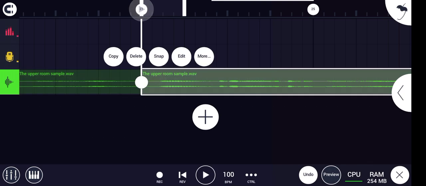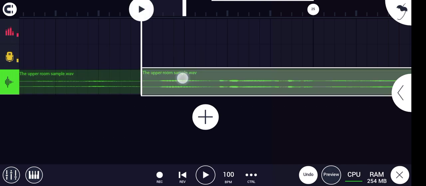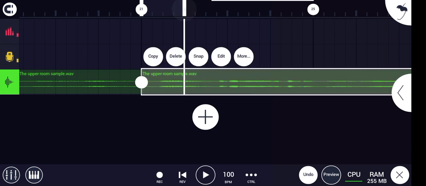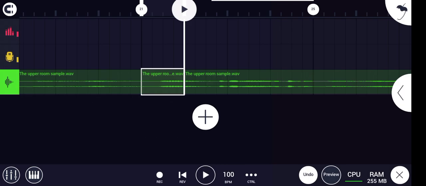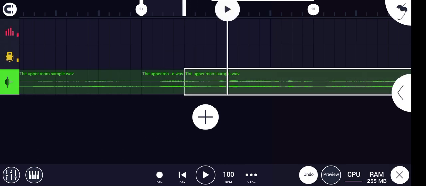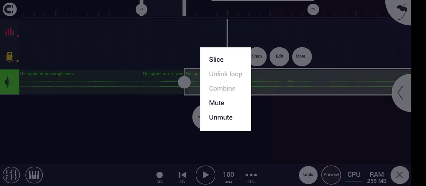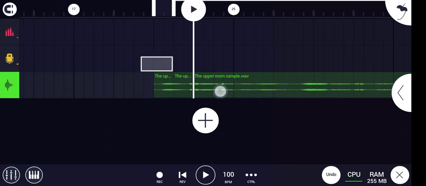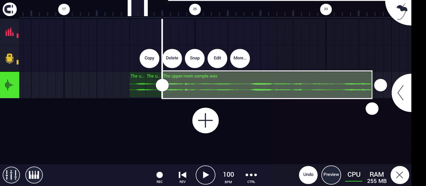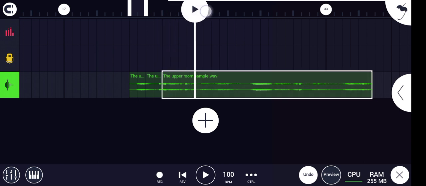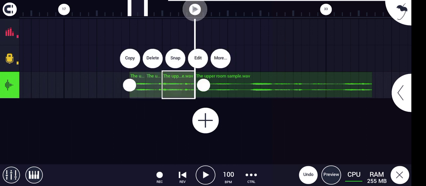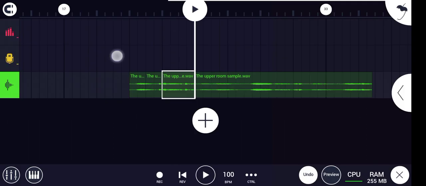That's a good job. You need to slice by holding here on the sample, go to more, slice it, and then do the same thing here, more, slice it, remove everything, copy, also slice here, hold, slice, or just press once, and